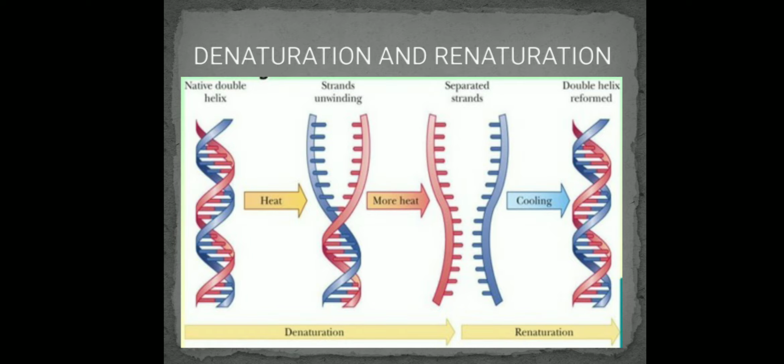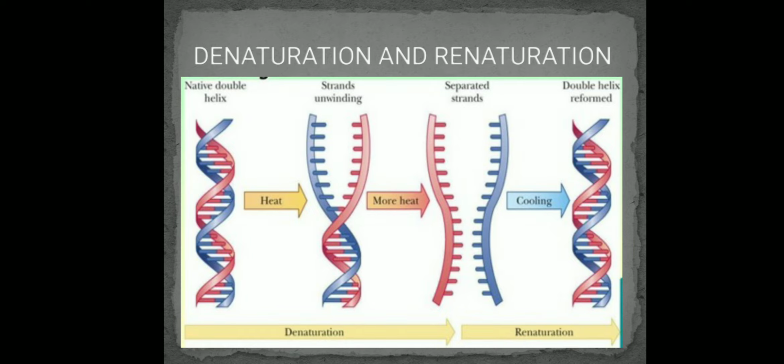Once this single-stranded DNA is formed, if it has to reanneal, then we have to cool the DNA sample. So what you're doing to the single-stranded, denatured DNA is reducing the heat. When I say you're going to reduce the heat, that means you're going to cool the DNA sample. When you're cooling the DNA sample, you're giving it some time to cool.